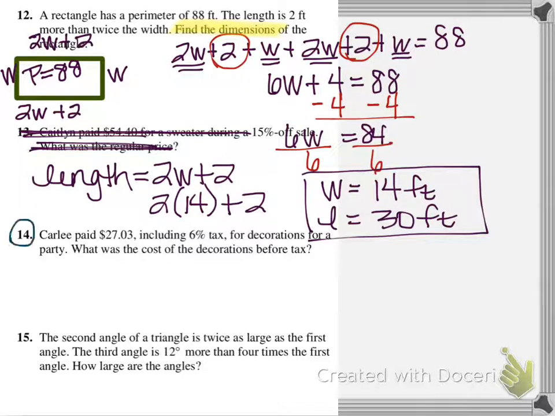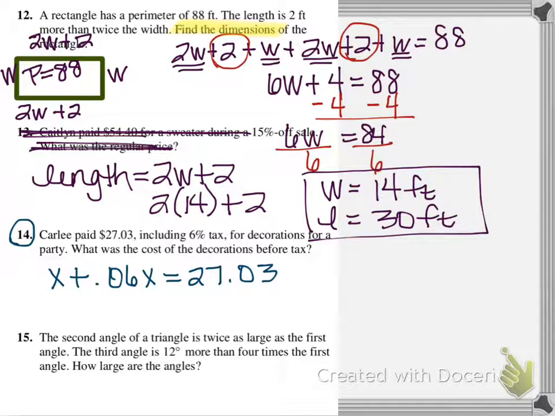Now we're going to look at number 14. Carly paid $27.03, including a 6% tax for decorations for a party. What was the cost of the decorations before tax? So I'm going to let X represent my original cost. When you're buying something, you pay the original cost plus you pay the tax on that original cost. So we need to find out what 6% of the original cost is and add that to the original cost. And that's going to total